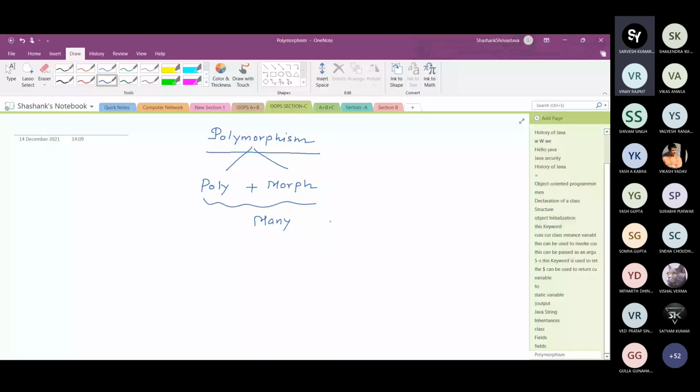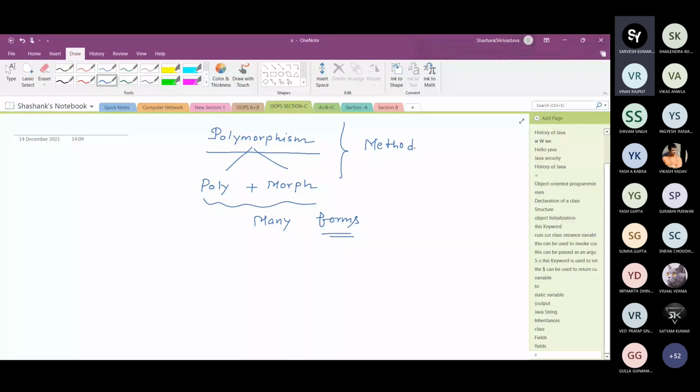Okay, means if a particular entity behaves in a different form, so that is called as polymorphism. Any entity means, just take the example of method. Okay, because actually in a Java, in any class, actually there are two entities, one is data as well as method. So if you take the example of method here, so a same method can perform different tasks. अब ये तो हो नहीं सकता कि एक ही method different task perform करे. Okay, a method perform different types.